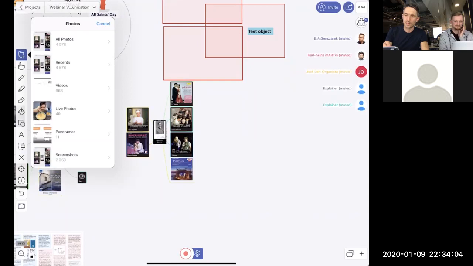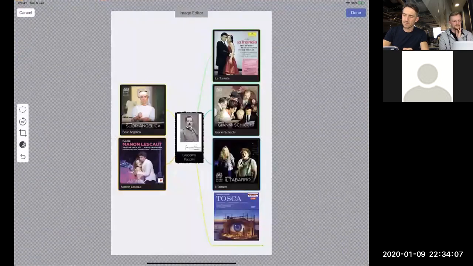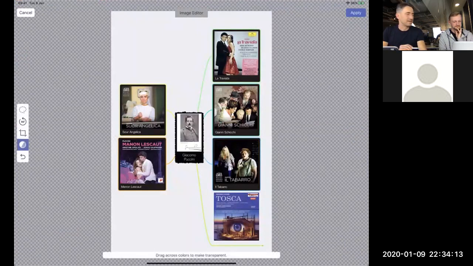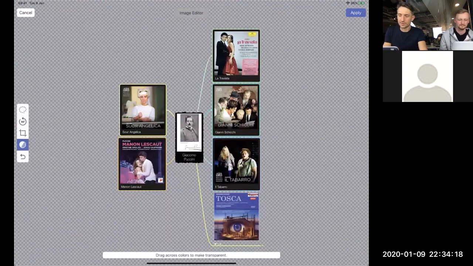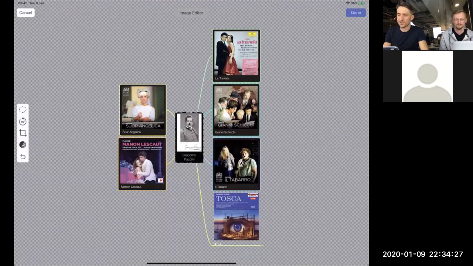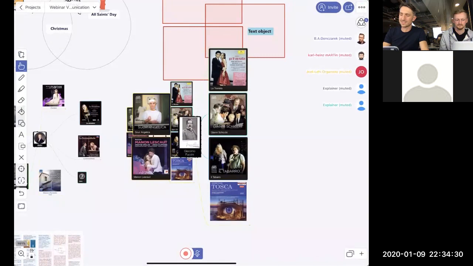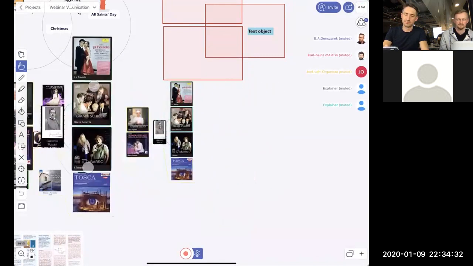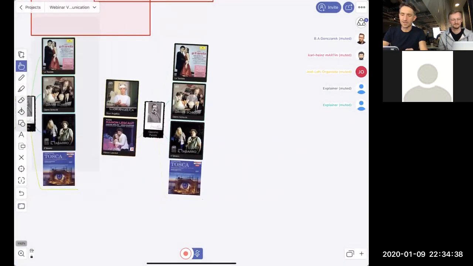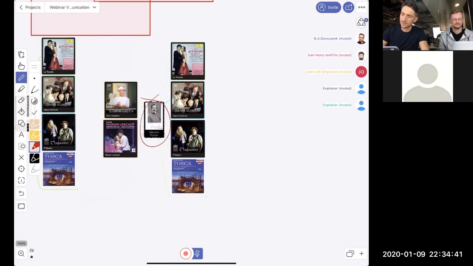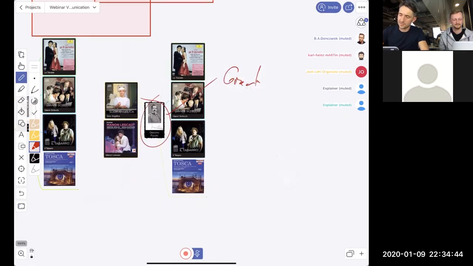So let me show you all photos. Now I see my mind map together with a background, but we have this nice background removal tool, and I can now tap on the color of the background, and as you see, by this I'm turning the contents into contents without the background, with a transparent background. So the result is actually very similar, right? And then you can use Explain Everything to dive into discussion, annotate, extend,